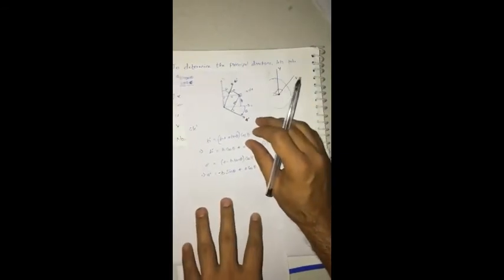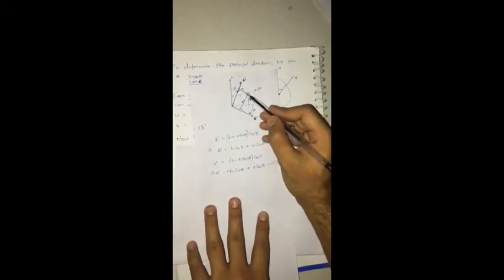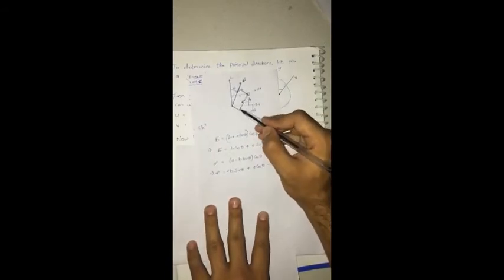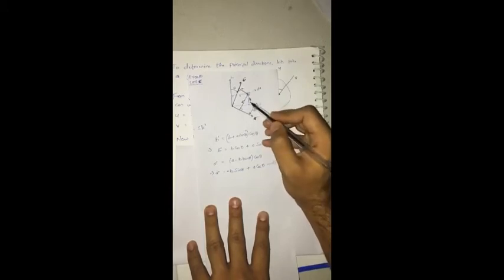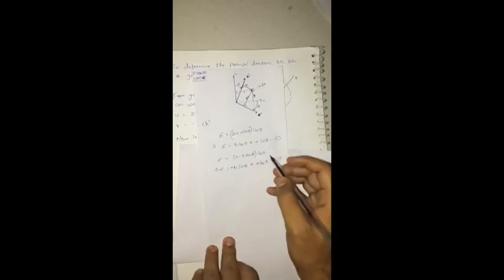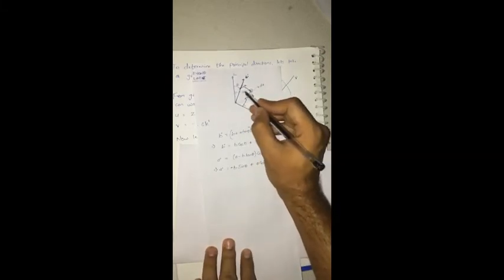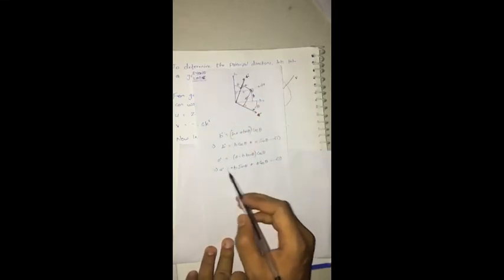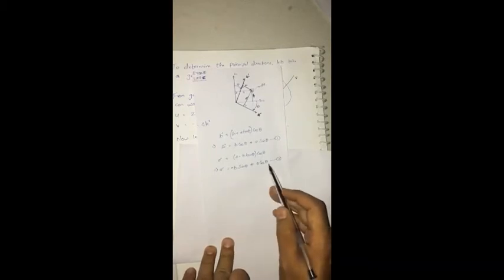Okay, and in this area, by considering these two right angle triangles, we can say that b dash equals b cos theta plus a sin theta, and we come to this equation. Similarly, by taking this right angle triangle and this right angle triangle, we can say that a dash will be equal to minus b sin theta plus a cos theta. Similar thing is done over here, and we came to this equation.